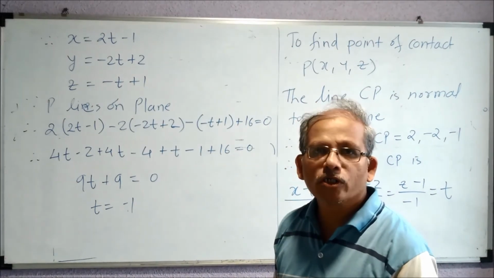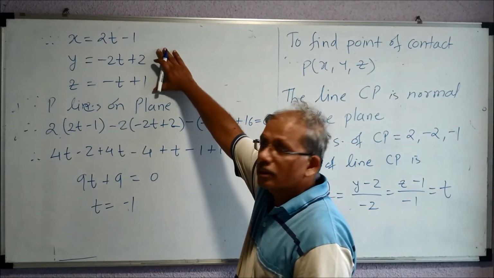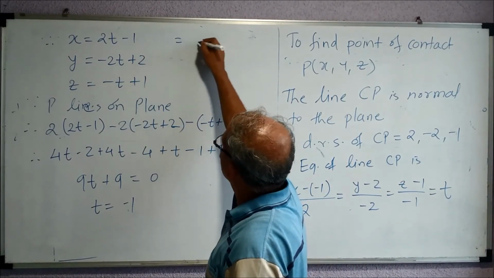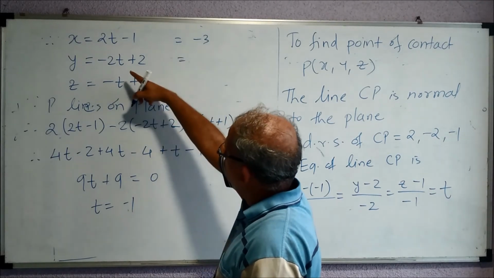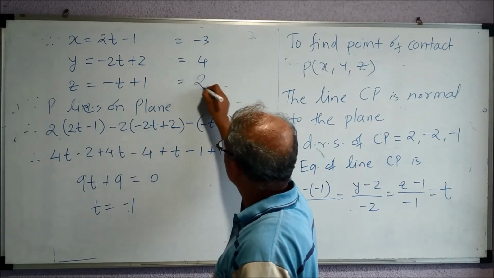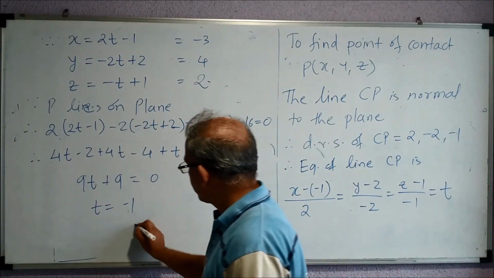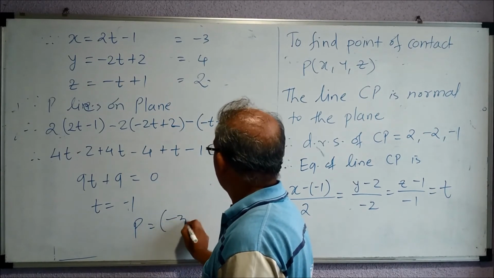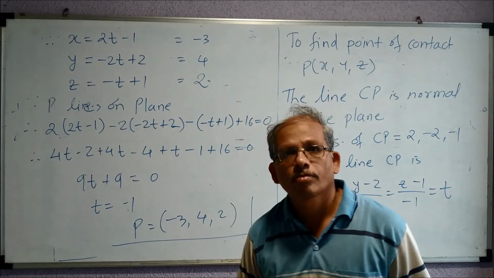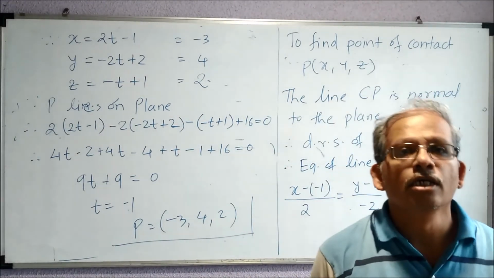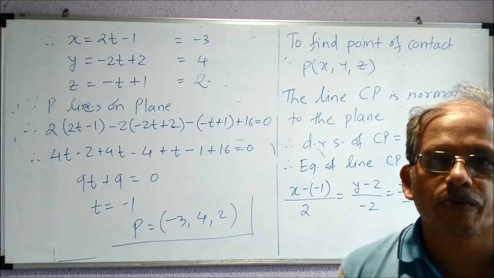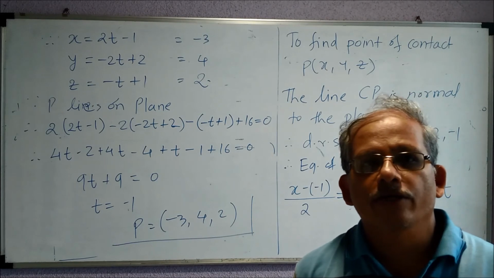So now we get the point of contact. We already obtained this expression. Put t equal to -1 here. So we'll get, this is -2 minus 1 is -3, -2 plus 2 is... 4, and... 1 plus 1 is 2. So the point of contact is -3, 4, 2, and this is the answer. Right? I hope you have understood this. Just go through this video once again, and see how we have used all the facts. Okay, fine, and try to solve some exercises.